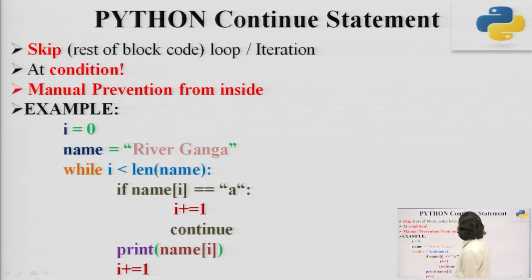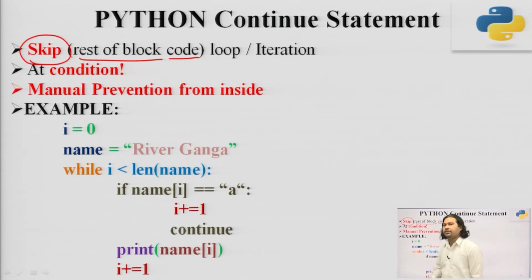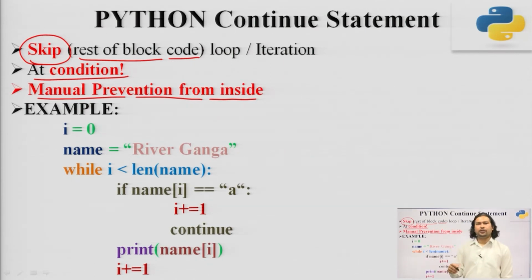In the continue statement, the best part is that it skips the execution. That means whatever code remains below the continue statement, it will directly skip that part, that is the rest of the code block in the loop, and divert itself again to the condition. Now, when we are dealing with the continue statement, a condition is required, and it is just like a manual prevention from inside, because at a particular condition if some code must not be executed,